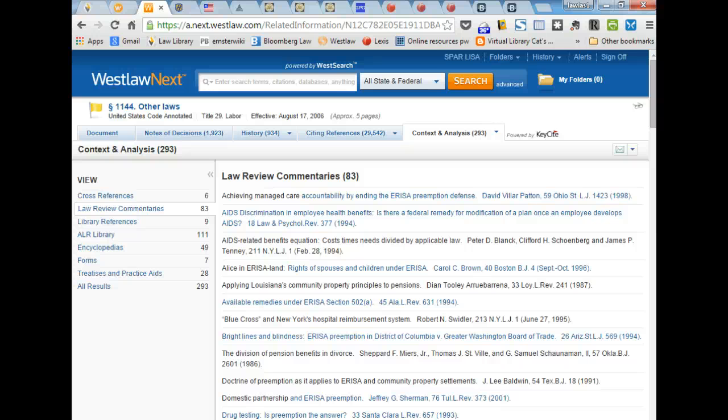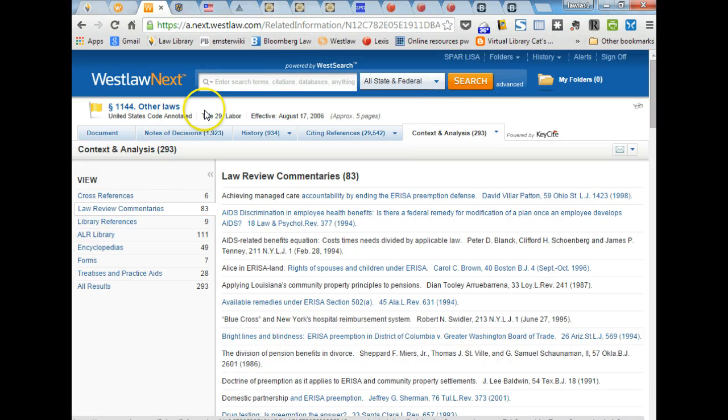And here's one: judicial review of denial of health care benefits under post-Firestone cases. So that's an ALR that I might want to, that might help me further understand ERISA. And again, the pages 26, 27, all of these secondary context and analysis, also known as secondary sources that we see on Westlaw. Okay, let's go to page 28